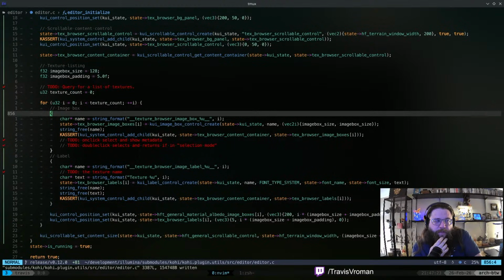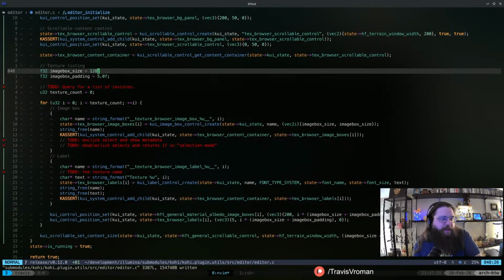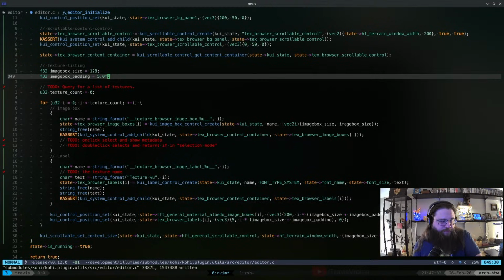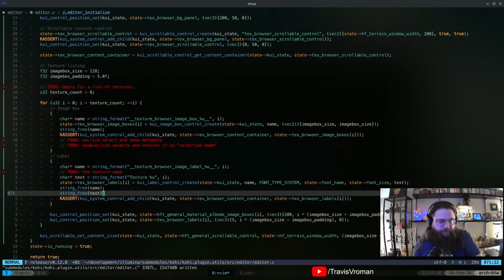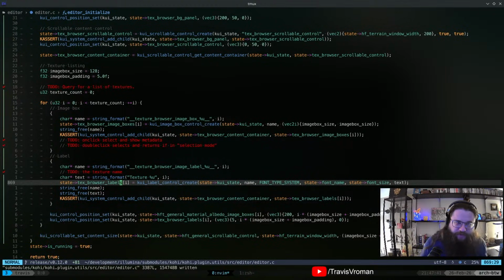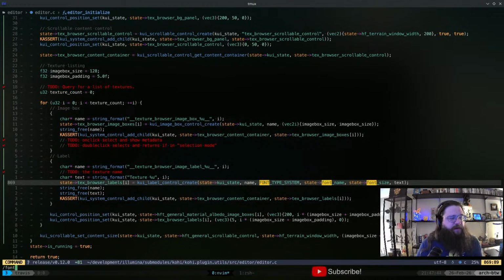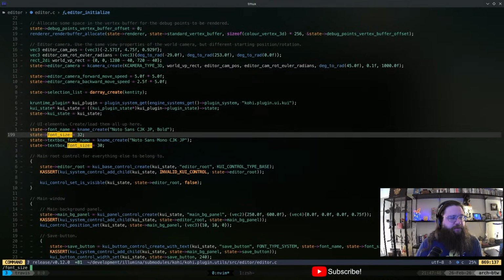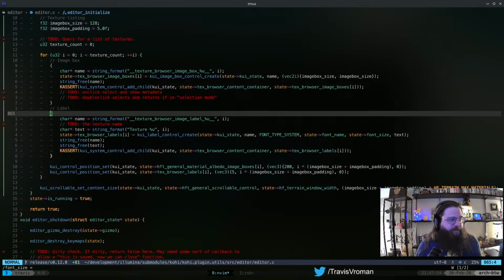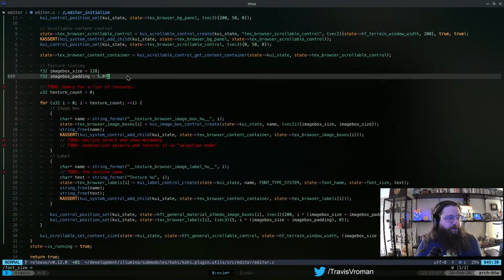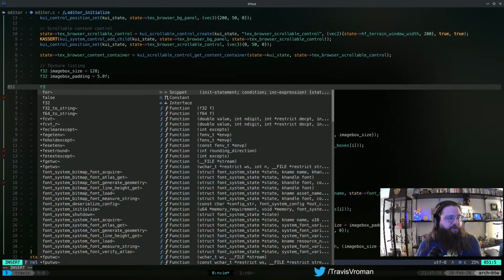All right, so we decided that the image box size is going to be 128 pixels in both directions. I think that's fine. And the padding is going to be 5. Now, the label is going to use our standard font size, which I believe is like 30 pixels. Let's see, font size equals, okay, 32. So we're going to take that and use that directly, actually. So what we'll do here is we'll say F32,